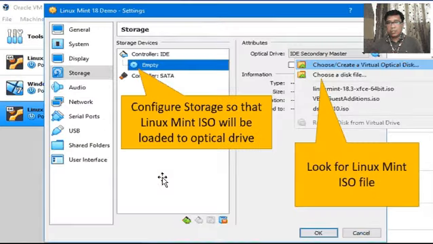Okay, so as you can see on the screen, a dialog box appears. This is where you specify, or load, the downloaded Linux Mint image file to put up on an optical drive. You just click this icon, this option,